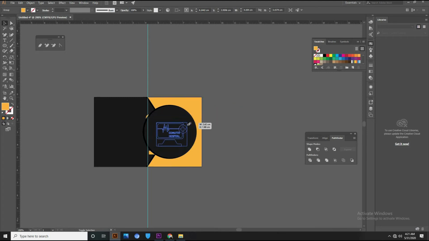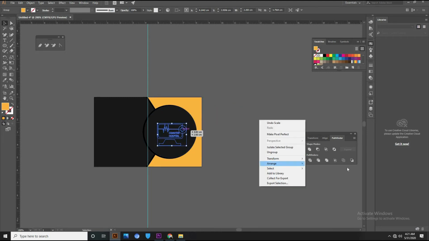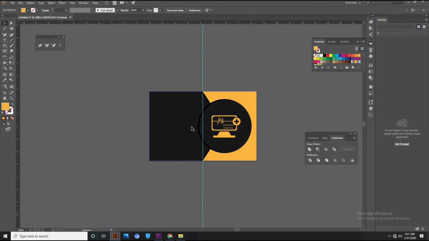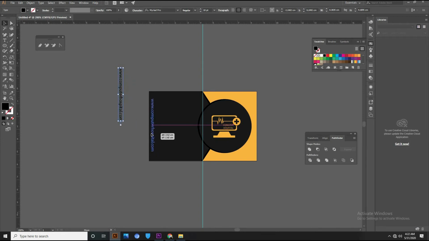Place our logo, right click, arrange, bring to front. Don't let the selection go. In the selection only, make it like this. Okay, so make it like this. Now for the next point, we can hold shift and rotate it so that it will come in a straight line. Now we will place it exactly at the position we want. We will change the color so that it's identifiable, and